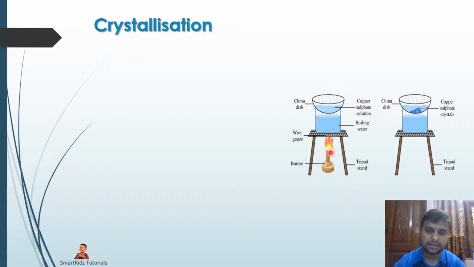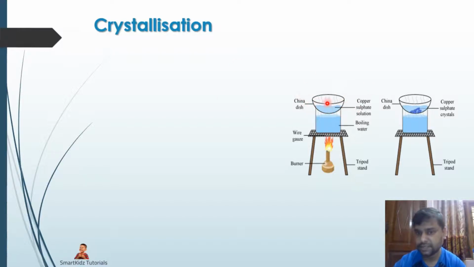And in this setup, the burner will heat up this particular cylinder, and as the cylinder heats up, the vapors that rise will heat up the vessel over here, and in turn heat up the copper sulfate solution present within it. In other words, the copper sulfate solution is not in direct contact with this Bunsen burner. So we are not looking to boil the copper sulfate solution, but we are looking to heat the copper sulfate solution. And in doing so, we are trying to obtain pure crystals, because if we directly keep this copper sulfate